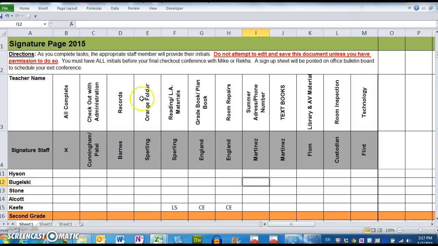on this signature page. Now it says right here, do not attempt to edit or save this document. The only people who can edit and save this document are the people whose names appear: myself, the custodian, Sue, Carla, and so on. Once you accumulate these signatures,